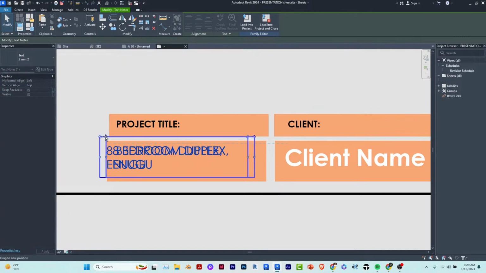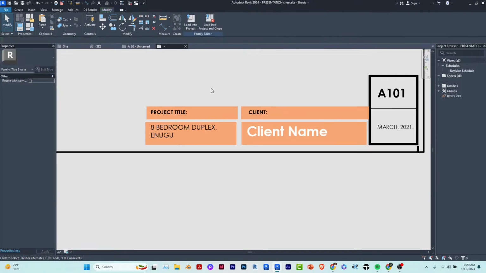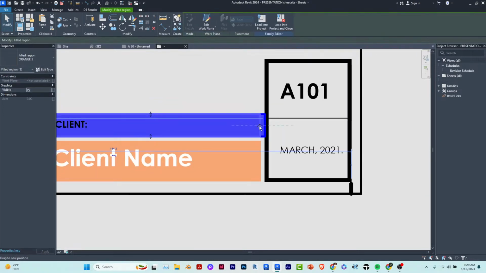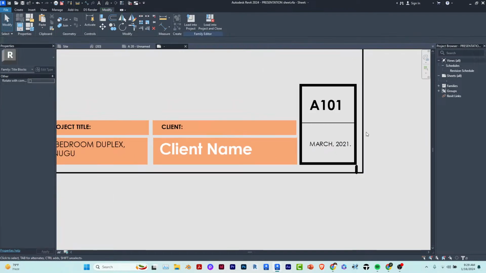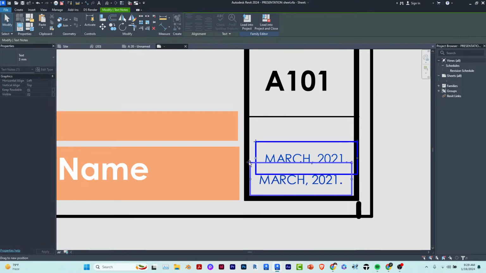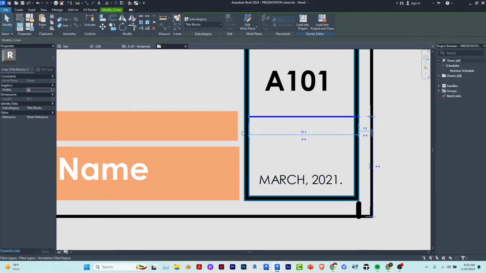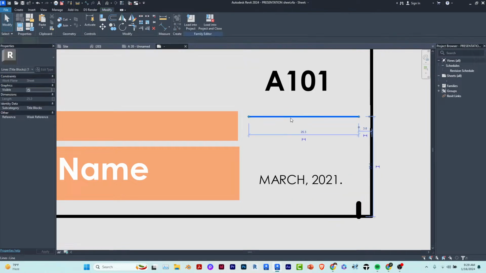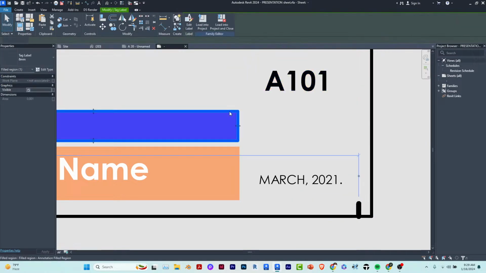I can make this align to the left and place it this way. So with this, I've created a beautiful sheet, and this sheet will be replicated everywhere. It only makes sense I bring this one down and do the same thing here. I might just delete this box and edit this one,